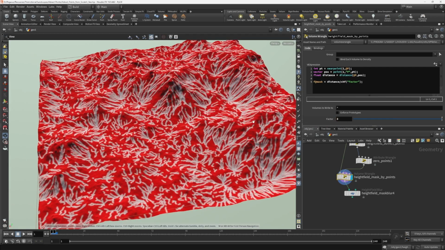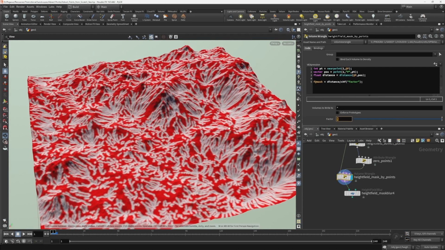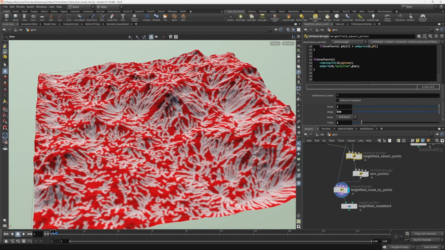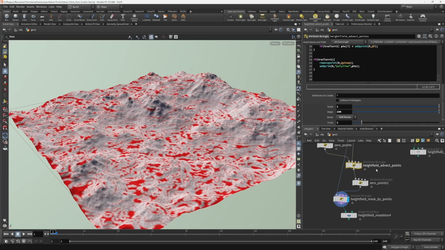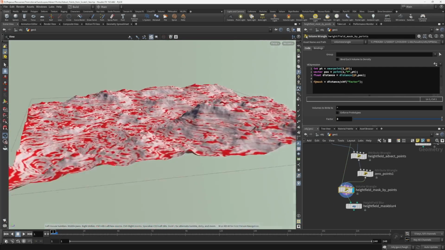There we go. We can start to really isolate these regions of the terrain and produce some nice looking masks. And while this doesn't get you anywhere different to where the Heightfield flow field already gets you, what it does start to unlock is the ability to create some pretty weird and interesting looking masks. If you were to roll across the Heightfield here, you can use it to get some sort of